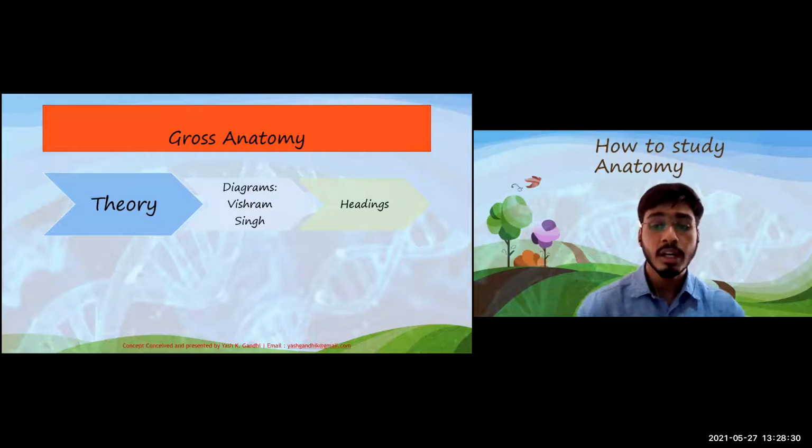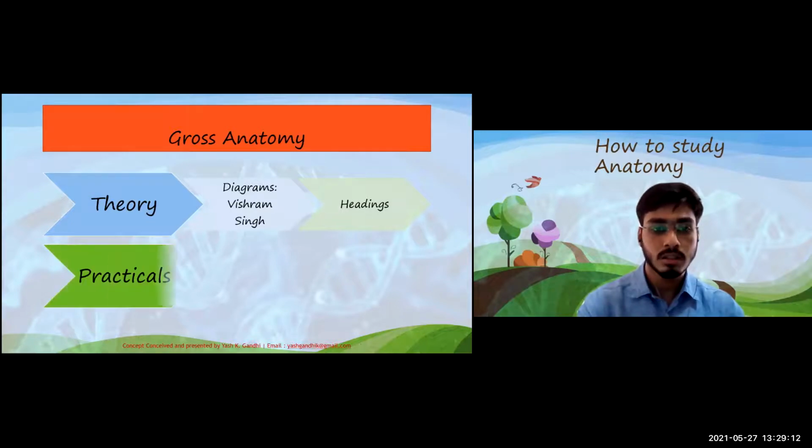Next is heading based study. What I mean by that is that you should know at least some points about each heading of any topic, even if you don't know any of the headings in detail. For example, if a muscle is being asked, then you should know at least a few points about each of its origin, insertion, nerve supply, action, and its applied anatomy. Even if you don't know the detailed origin or insertion, it would be okay, but at least you should know the name of the bone and the part of the bone where the point is located. So that is the thing.